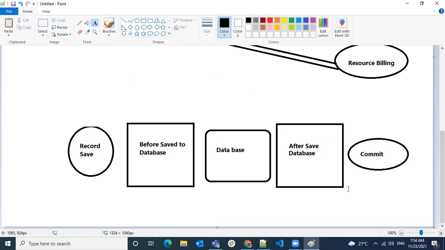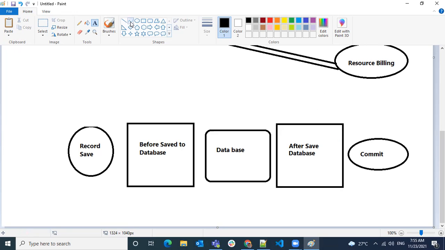So what is the advantage? Let's say you're writing a field update on a workflow. What will happen? You will save the record to the database. So directly it will come here. There is no before step. And after it saves to the database, it will fire the workflow. And okay, some changes happen, so again it does an update.